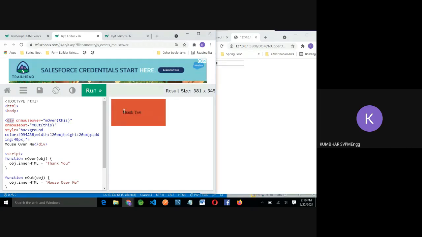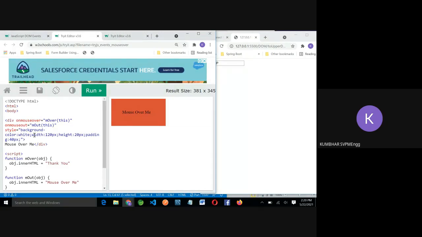If you see, when I bring the mouse to this div, it says thank you. When I take the mouse out of this, are you observing? I think this red color is very dark. Shall we convert that to, let's say, white?